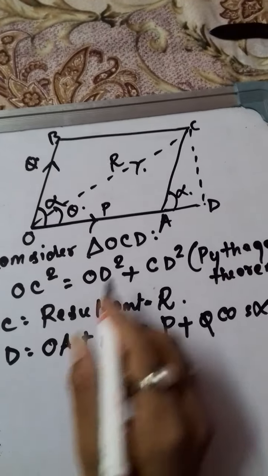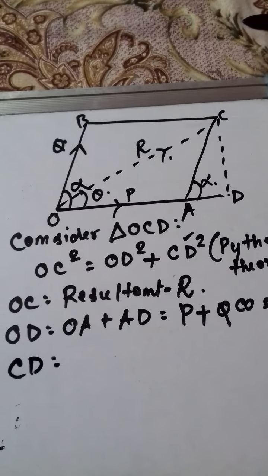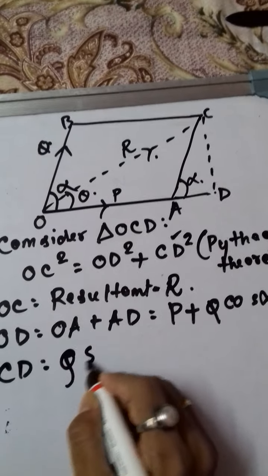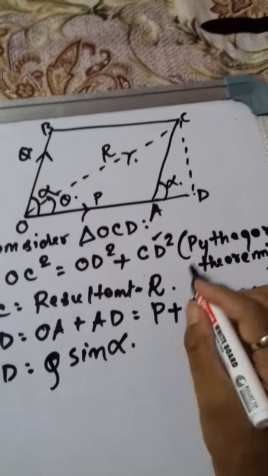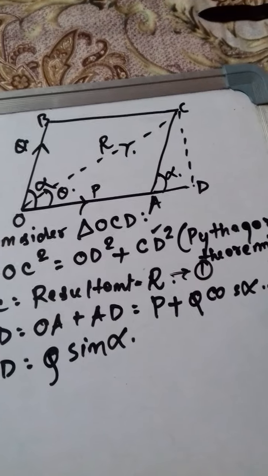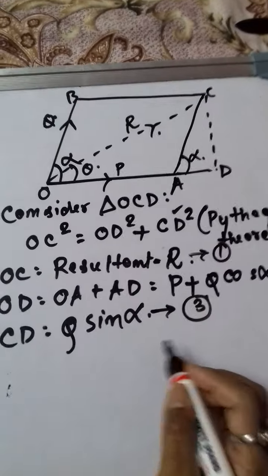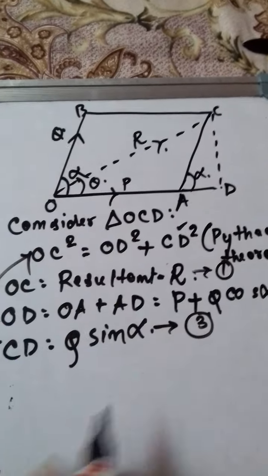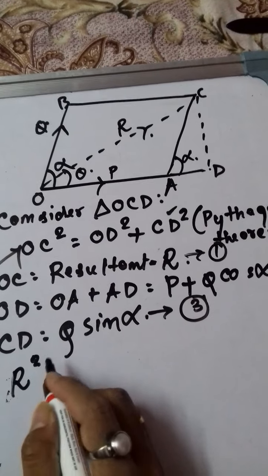Now coming to CD. CD also we have derived, CD was equal to Q sin alpha. So just substitute these three values, you can just name it A, B, C or 1, 2, 3. Substitute the three values back in this Pythagoras equation,